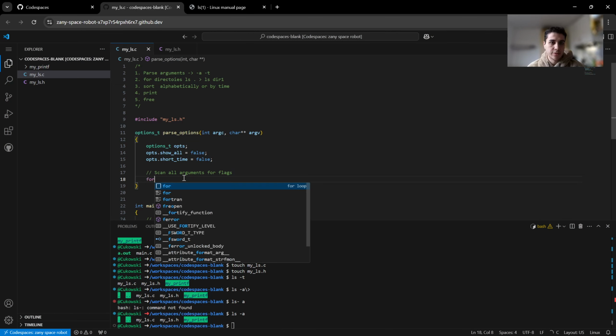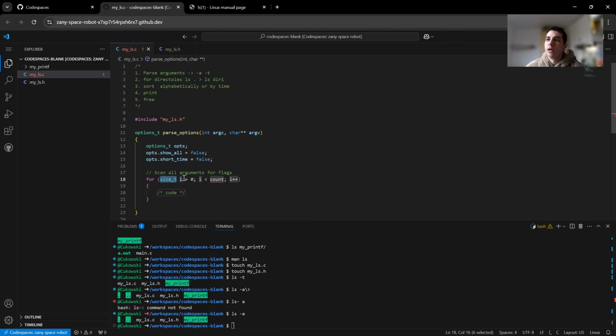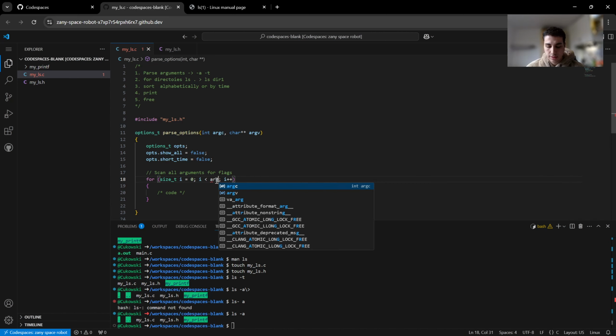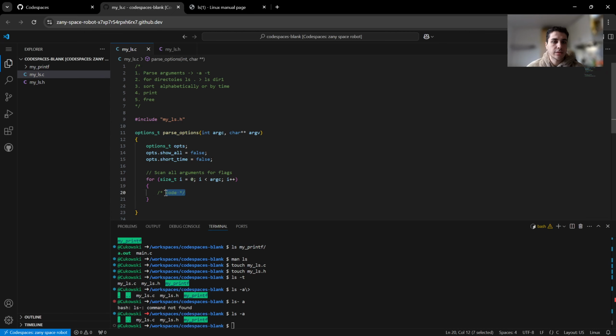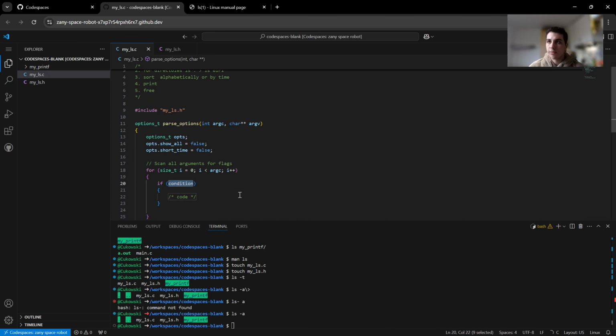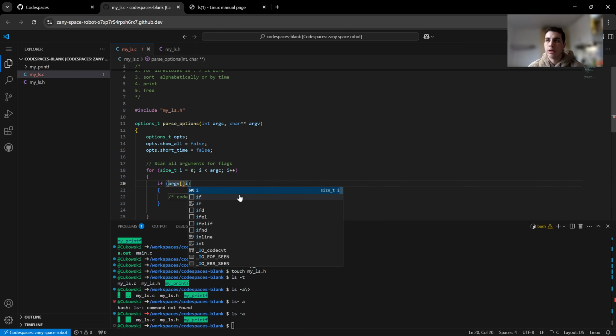We will have a for loop: for size_t i, i is less than argc, i plus plus, and we will check if argv[i][0]